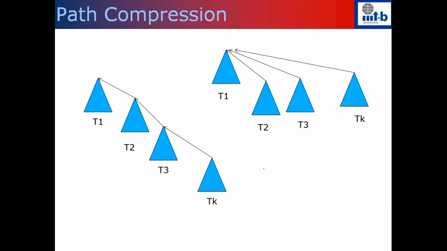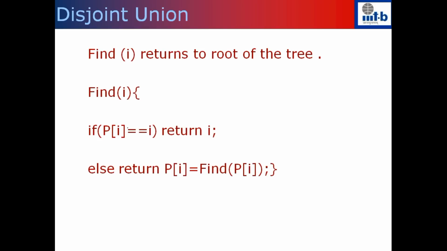So when you do the find operation, if you are going from Tk, then you are going backward Tk minus 1, T3, T2, and finally T1 is the root. So when you do this operation, along this path you cut all of them, and make the parent pointer of each of them to be the parent pointer of T1. So all of these will point to the root directly. So this method is called path compression. This is easy to implement when you do the find itself. So if the P of I is equal to I, then it's the root, you return I. Else you find the root of P of I, and whatever is the root of P of I, set that as the parent pointer of the ith node.